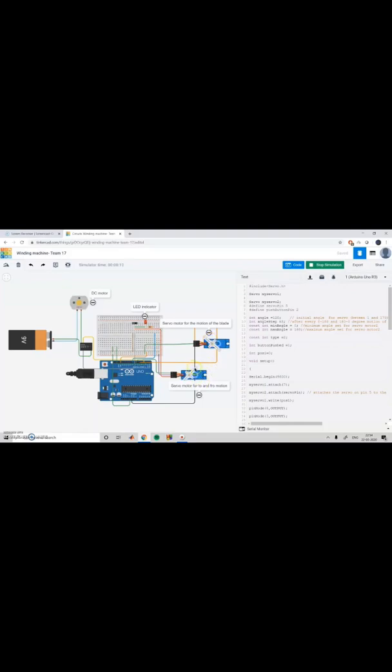Then the servo motor for the to and fro motion will start, and after every oscillation of this to and fro motion stick, the blade moves 3 degrees in anti-clockwise direction. This process keeps repeating. Once the servo motor of the blade reaches 180 degrees, it starts to move 3 degrees in clockwise direction for each oscillation of the to and fro motion stick.